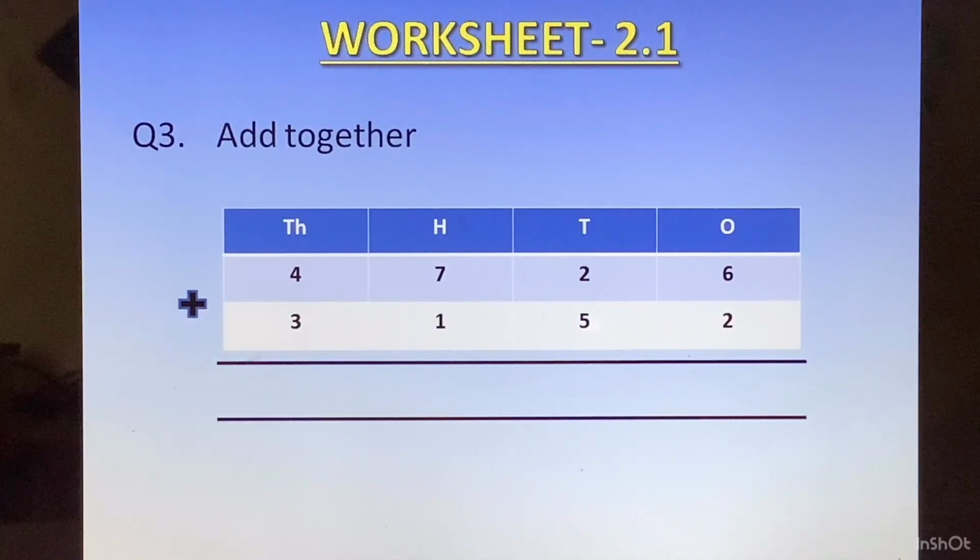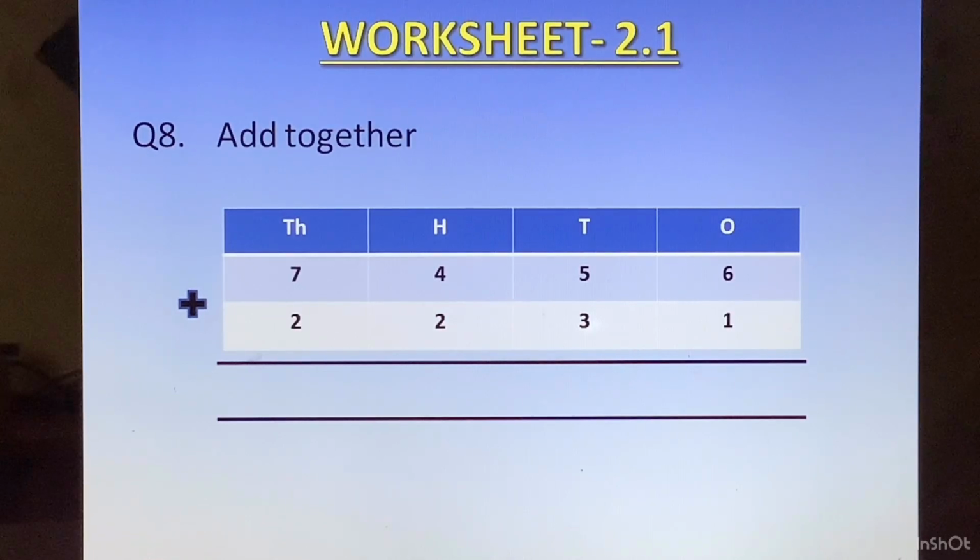4726 and 3152. Question 4. 2463 and 4314. Question 5, 7562 and 1237. Question 6, 5423 and 4571. Question 7, 4416 and 2541. Question 8,